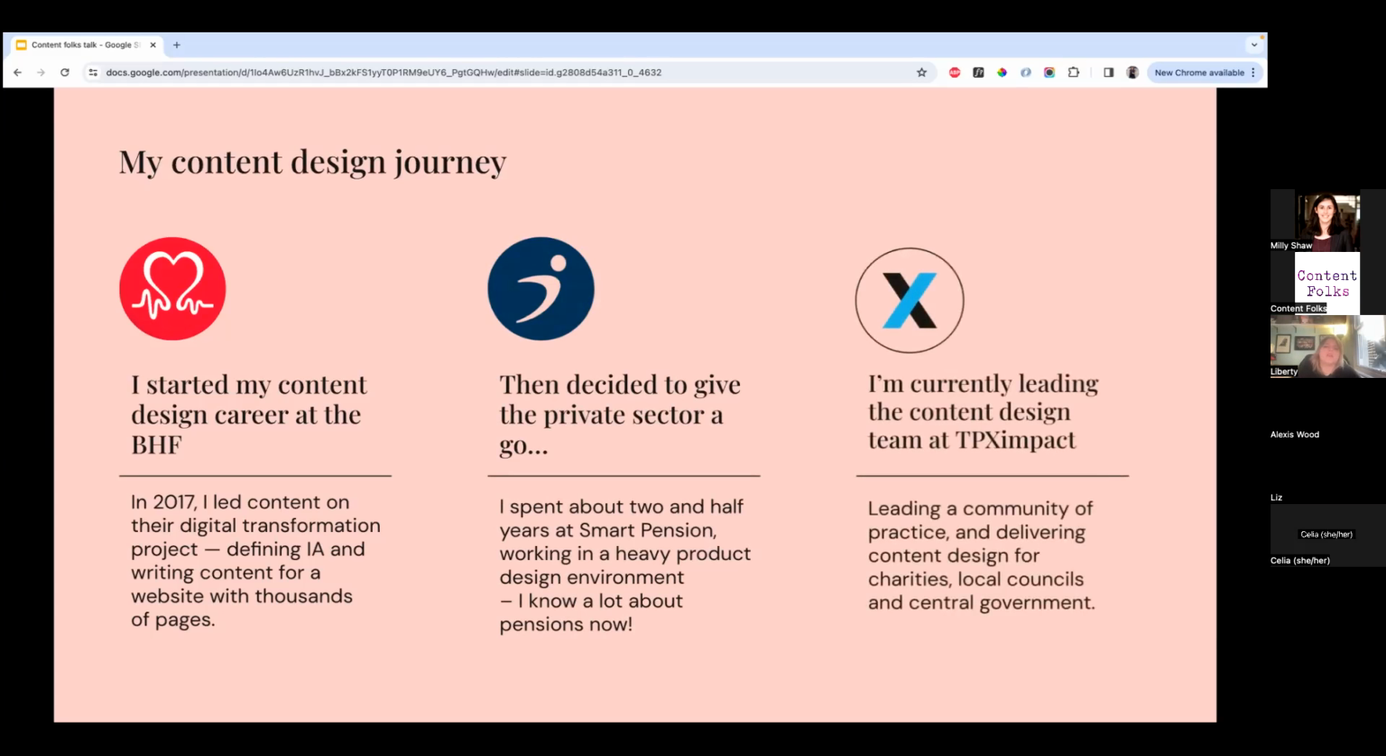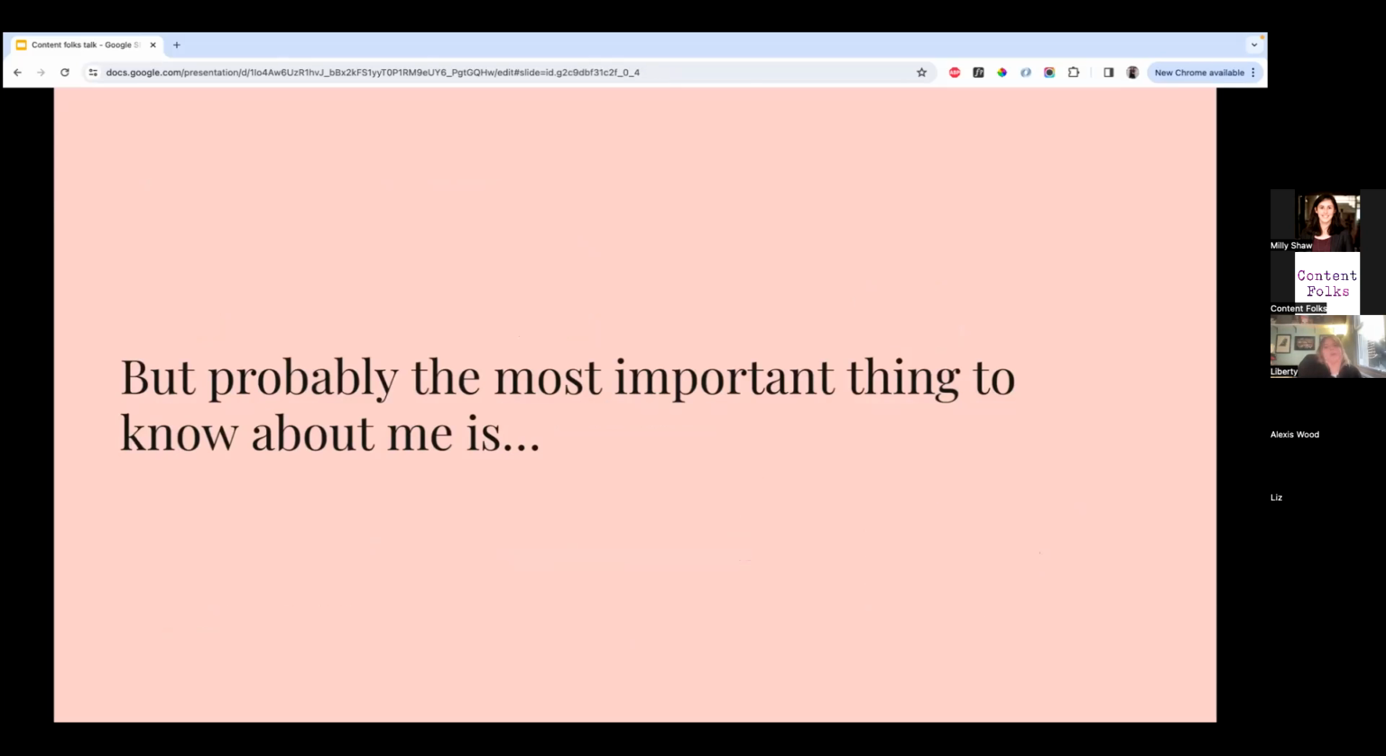And then finally, as I said, I'm currently leading the content design team, about 19 people at TPXimpact, leading that community of practice, making sure it's a really great place to practice content design, and also delivering hands-on content design work for charities, local councils and central government, which is the bulk of our work. But probably the most important thing to know about me, for the purposes of this talk at least,